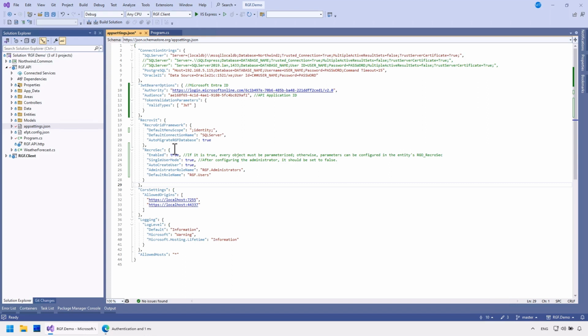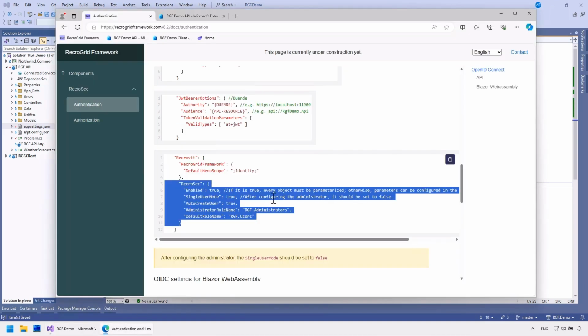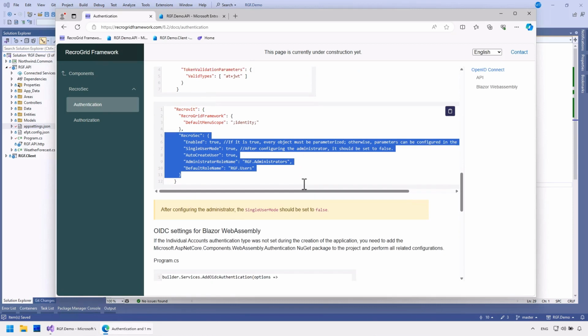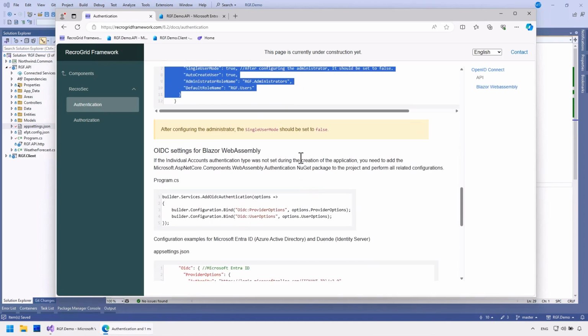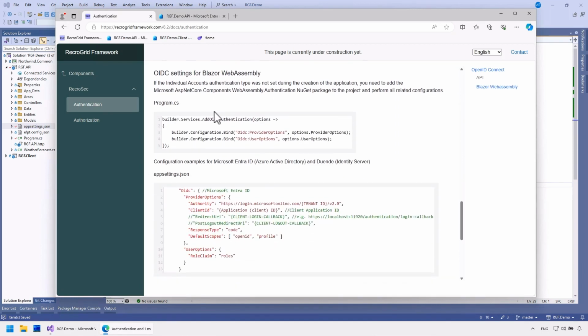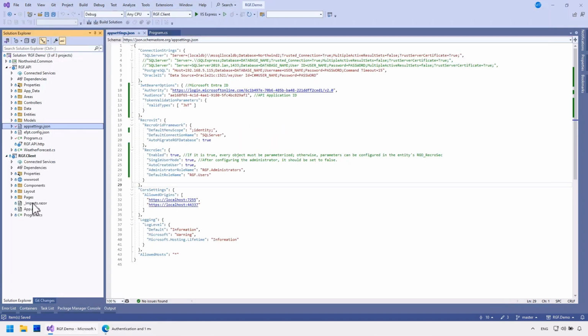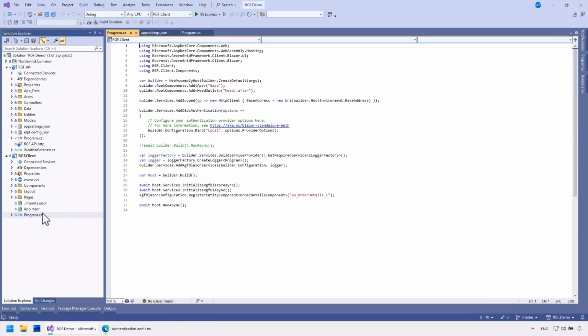If someone runs the program in an insecure environment, these settings can also be done in the code, so they cannot be overridden in the configuration afterward. With this, the API configuration is complete. In the client application, with this block, I'll add the OIDC authentication service.